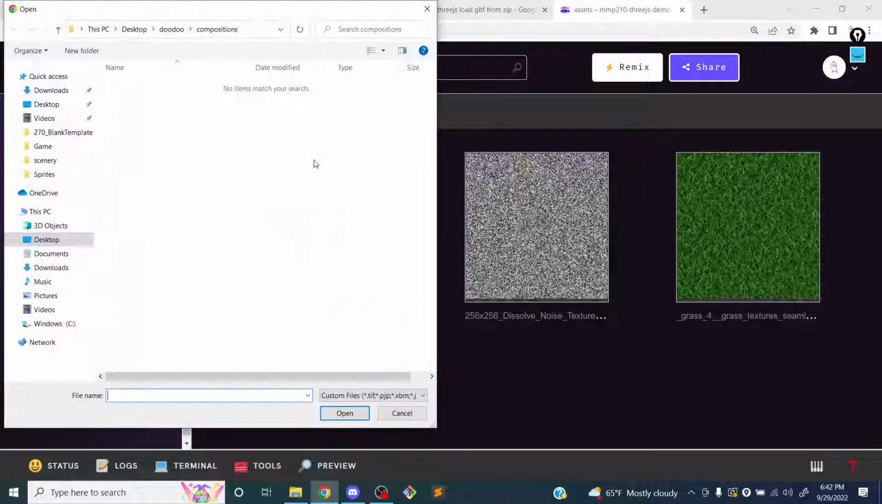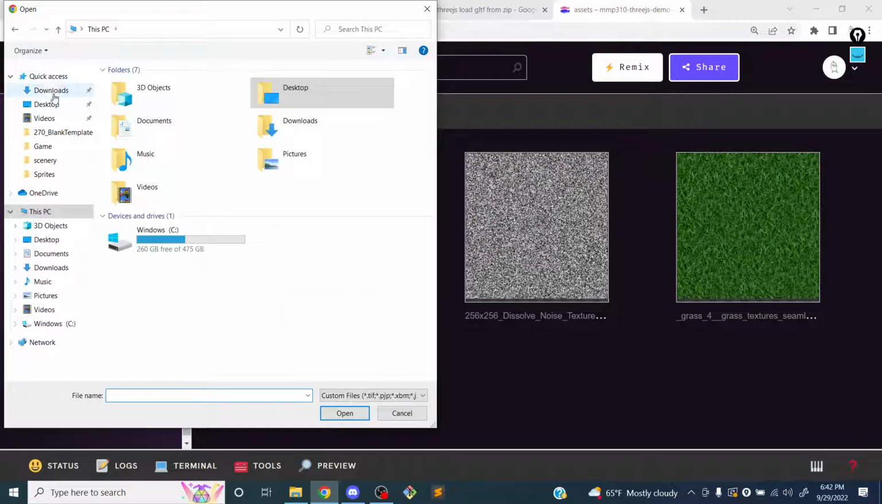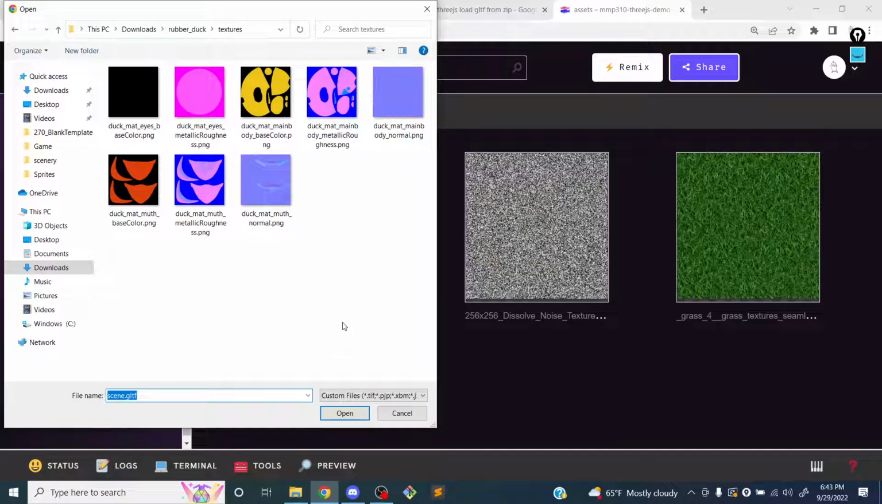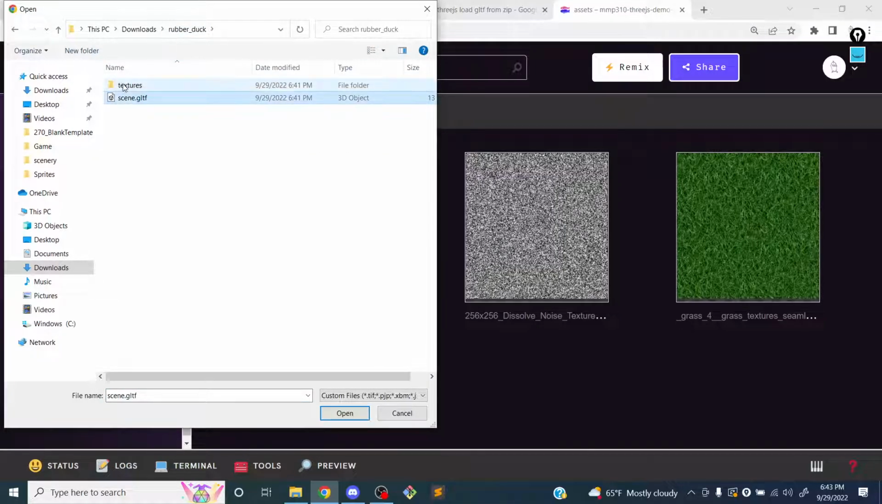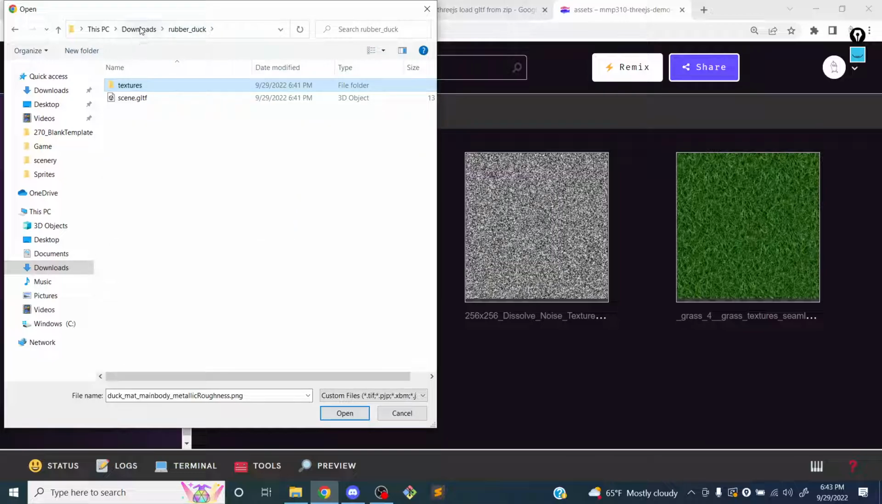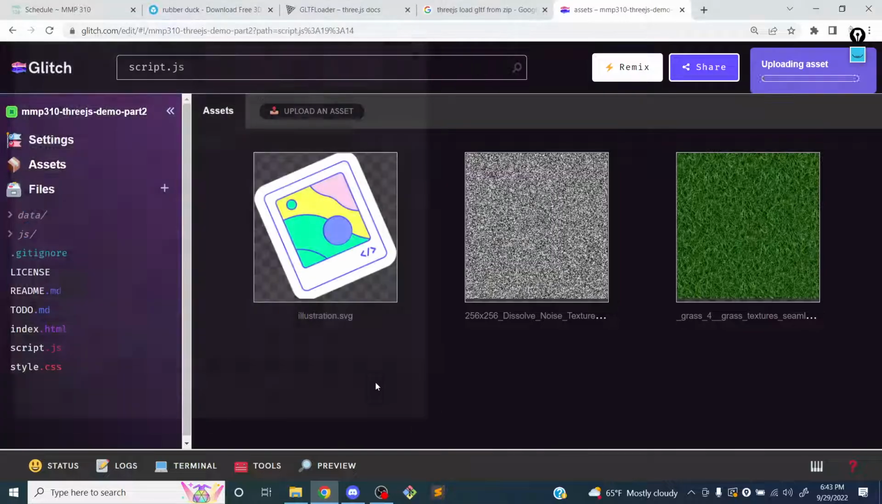So I'm going to click upload an asset and go to downloads and open. Oh, okay, it's not going to let me open this up. Okay. So let's just get the GLTF up here. Let's see, will it let me open all the textures at the same time? No, it won't. Hmm. Okay. Or what if I do, no, crap. Okay. So let's just upload the GLTF